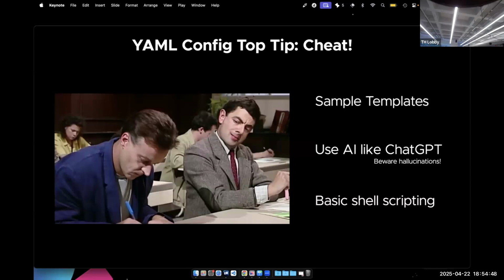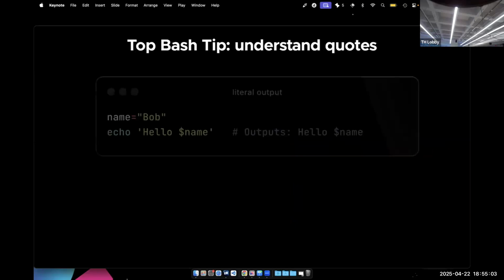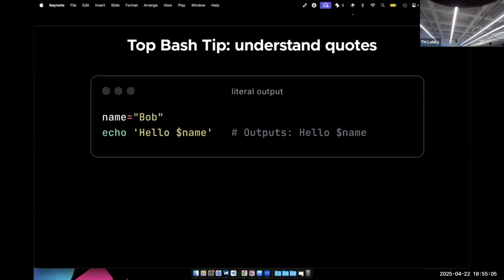And be aware of how to do basic shell scripting, because that's going to be a large part of what you do with any CI/CD setup. You can also use things like Python and other things like that, but the majority of the time it's Bash or shell script. So when it comes to Bash, know what your quotes do, whether you're expanding things or if it's